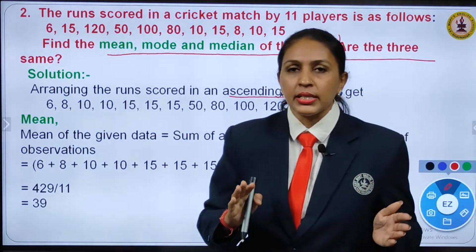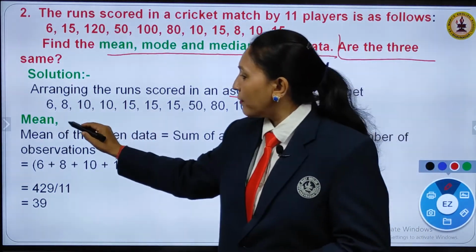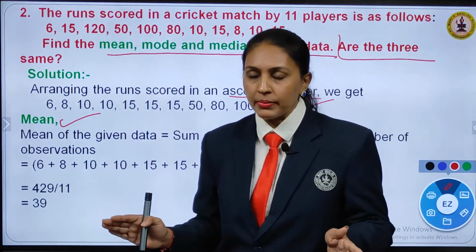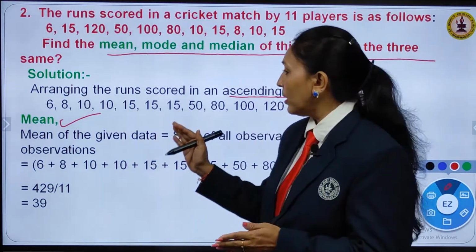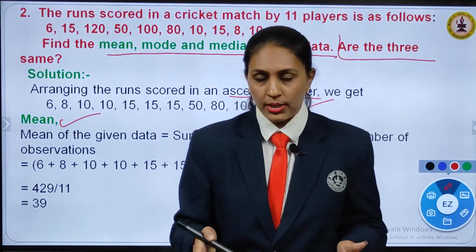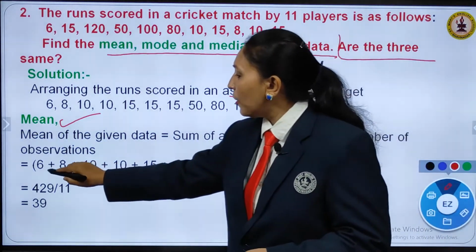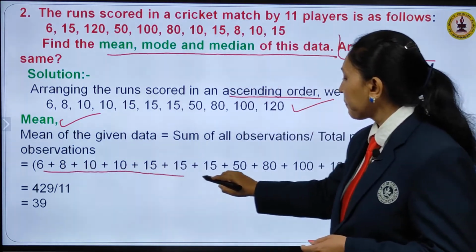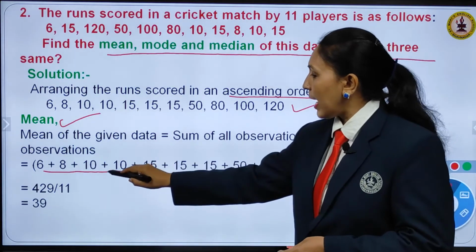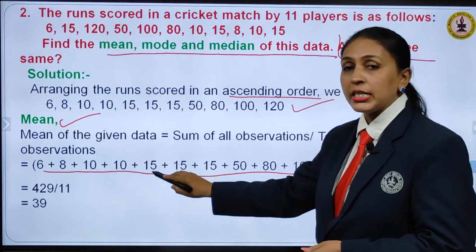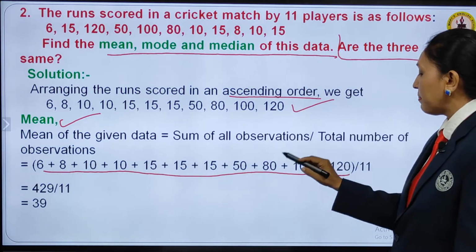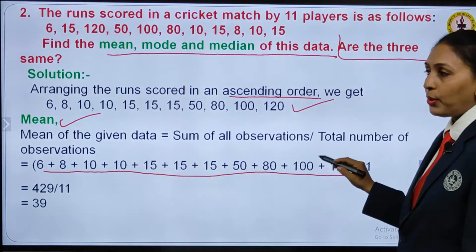Now after arranging it, what I will do? I have to find first mean. What is the formula to find mean? Mean means you have to add all the observations and divide it by the number of observations. Now adding all the observations, you can see here, that is 6 plus 8 plus 10 plus 10 plus 15 plus 15 plus 15 plus 50 plus 80 plus 100 plus 120